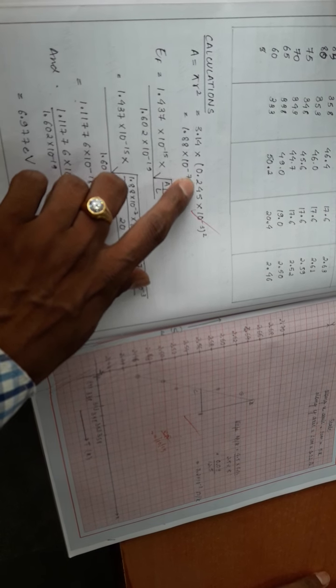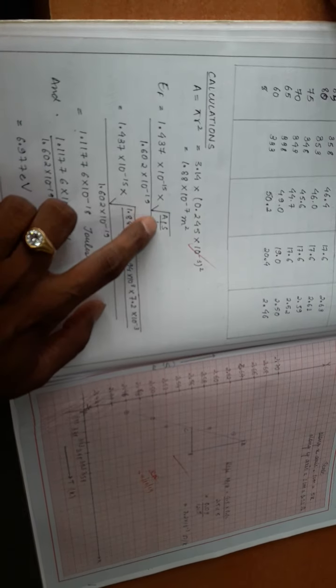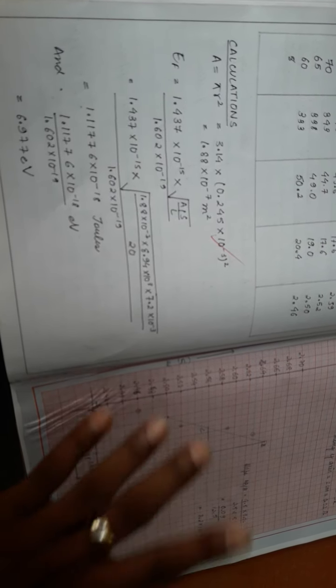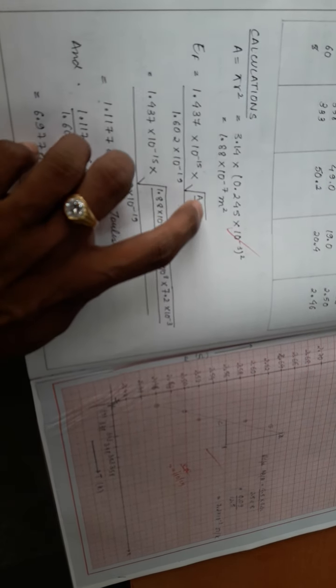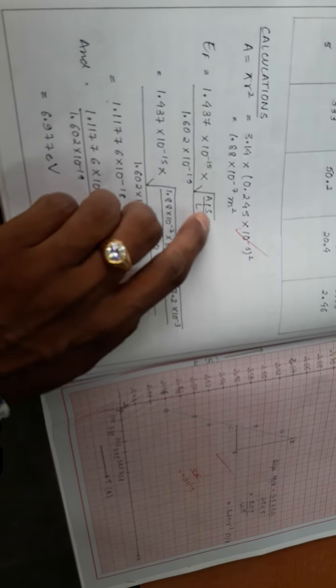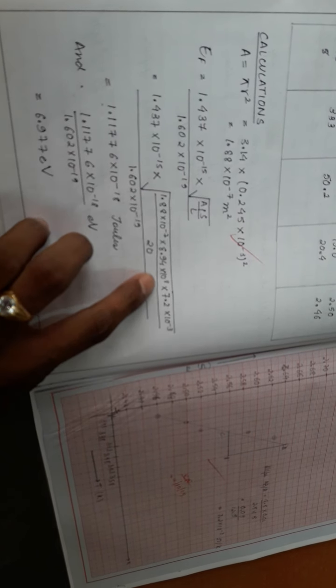It means that the radius given is 0.245 into 10 raised to minus 3 meter, that is 0.245 millimeter. Length of the copper wire is 20 meter. Then from the graph we get the slope 7.2 into 10 raised to minus 3 ohm meter. By using this we calculate the area of cross section. We substitute area of cross section equal to 1.88 into 10 raised to minus 3. Density is already given, that is 8.94 into 10 to the power of 3, into S, the slope. Slope we get from the graph, that is 7.2 into 10 raised to minus 3, divided by 20.